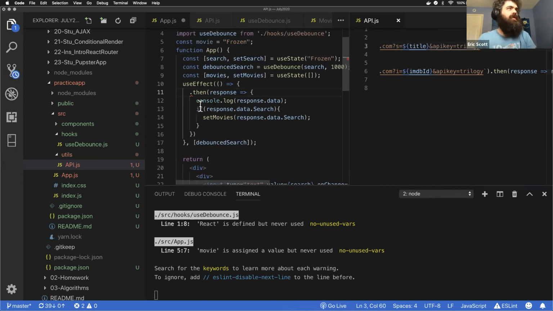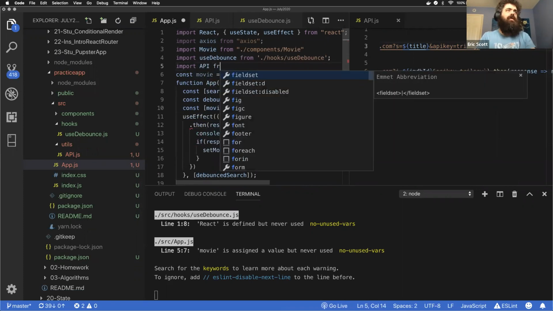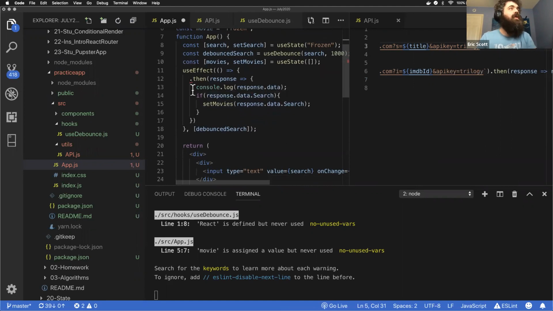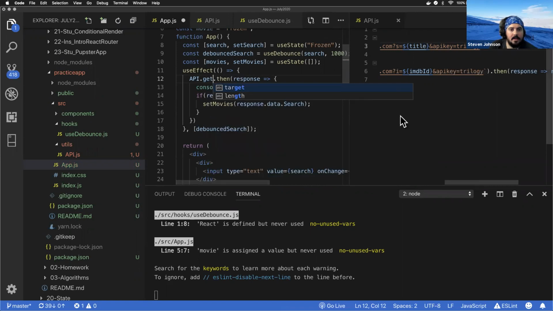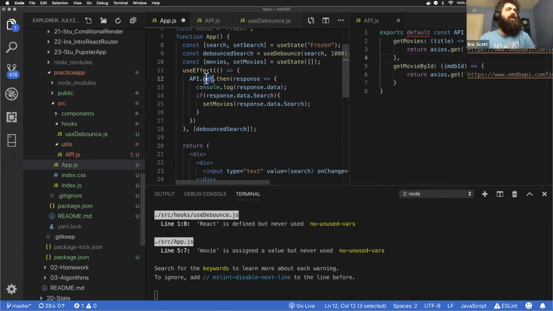So now I can call import API from /util/API, and we can say API.get, what did we label that? Export default const API equals, then we need a period there. API dot get movies,